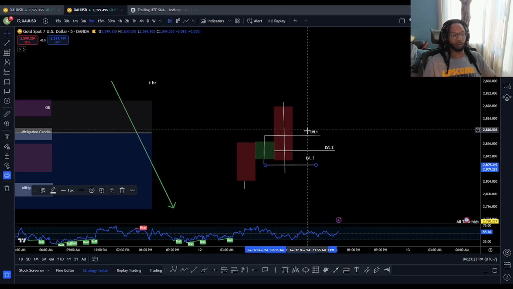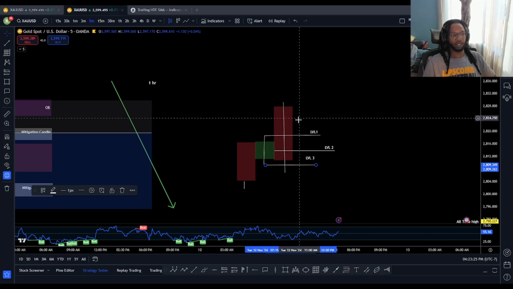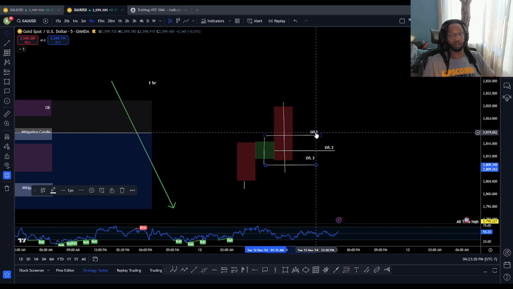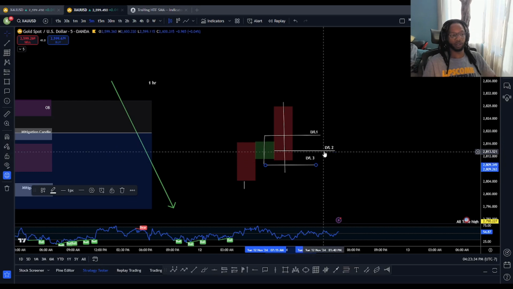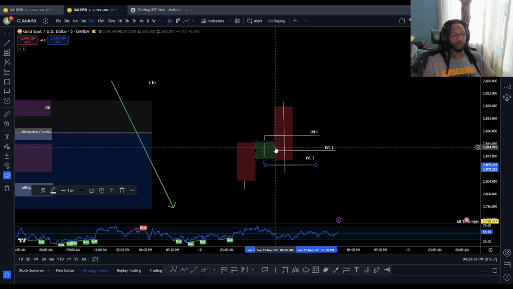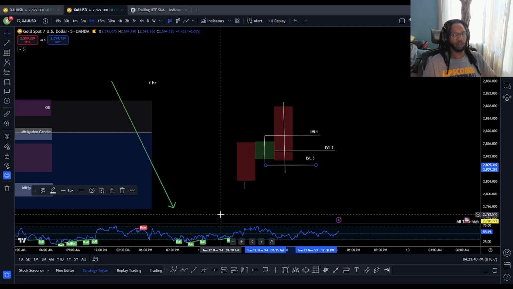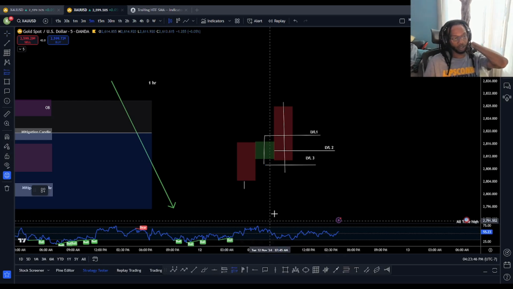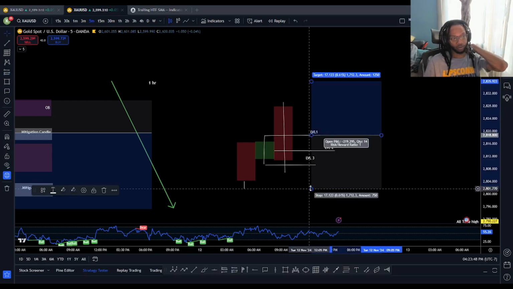So even if we're pulling back into this zone here, initially I love the fair value gap, but if I'm not seeing what I want to see and it's just pushing through, then level one would be my entry, or level two, or level three. But even with that, these mitigation candles typically aren't that large in itself. They're probably maybe 5 to 8 points a minute on average. So your stop loss when you do enter these things shouldn't be something outrageous. Even if you enter in from the top,